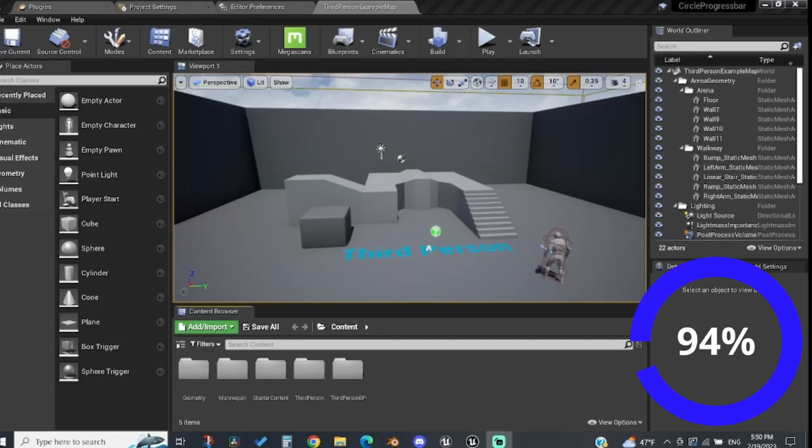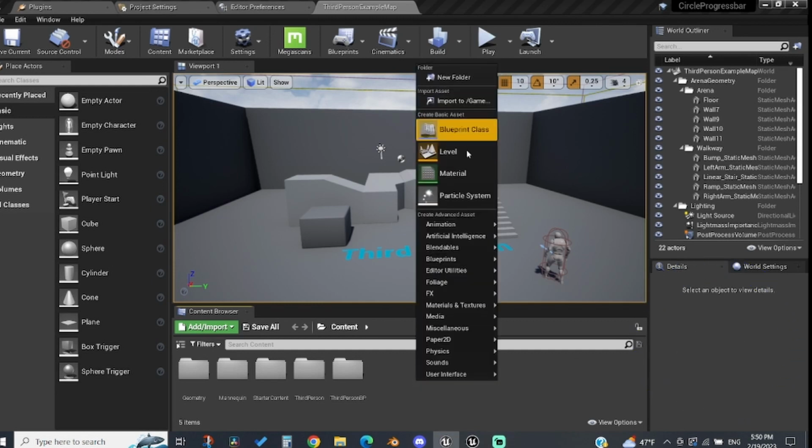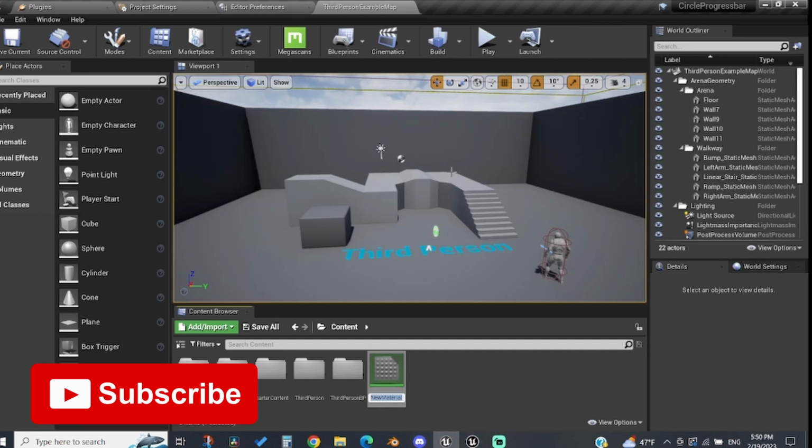Hello, today we're going to be making a circle progress bar, like the one on screen right now. Why? Because why not? So, first we start out with a material, and we're going to call it Round Progress